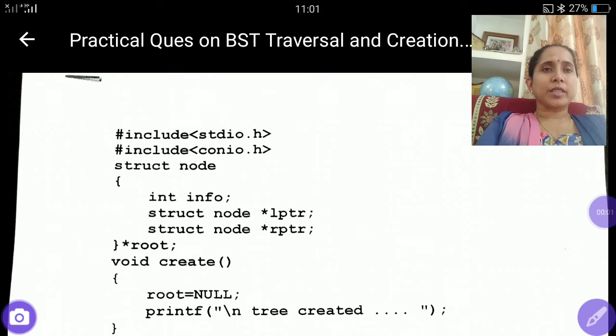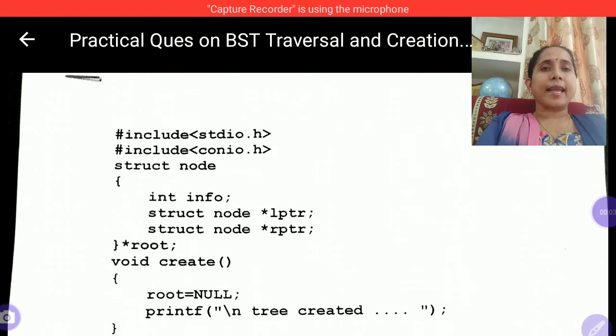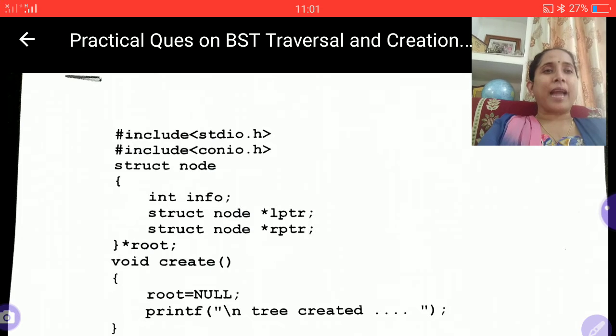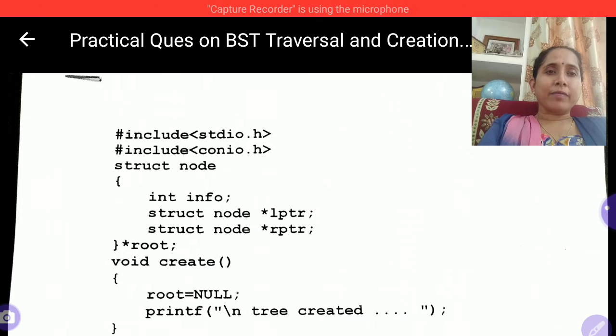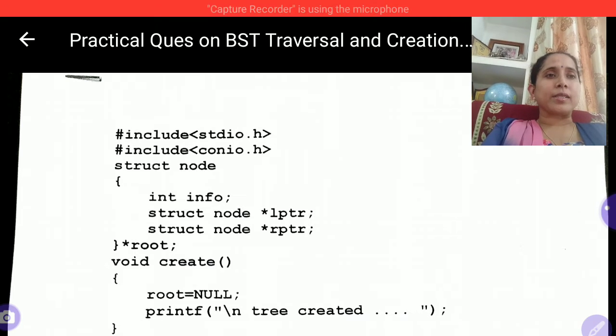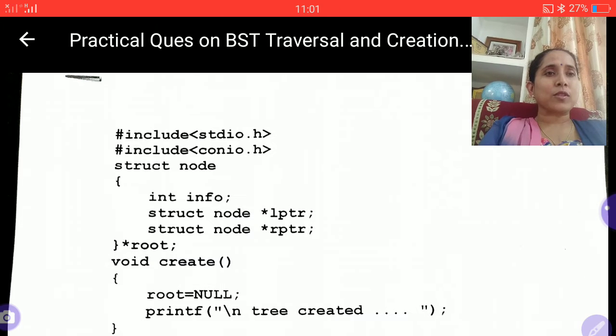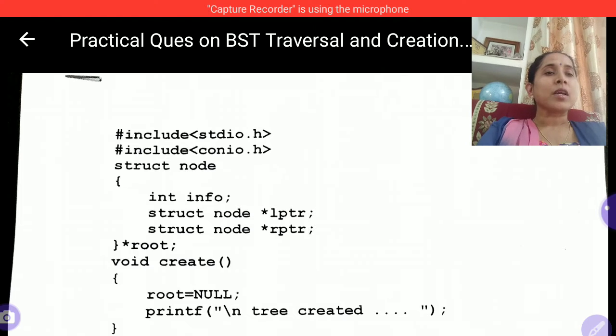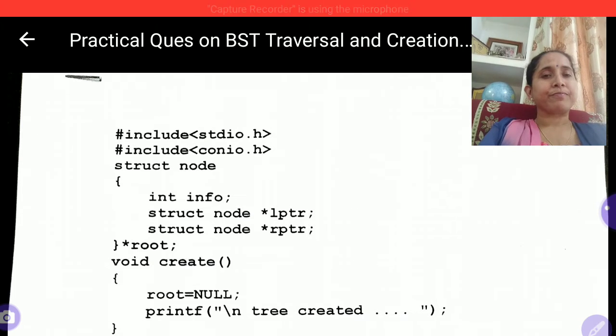Good morning, students. In this lecture today, I am going to talk about your practical question. You have a question in your practical assignment list to create a BST, and the other one is to traverse all the nodes in a BST. So, I have solved both the questions in one program only. In this lecture, I am going to explain this program, and also I am going to share this PDF, because of lockdown, since we are not able to have the practicals, so you can note down this question into your practical file.